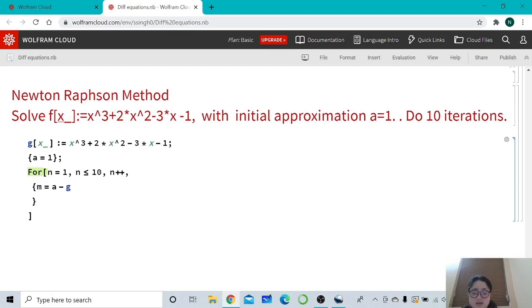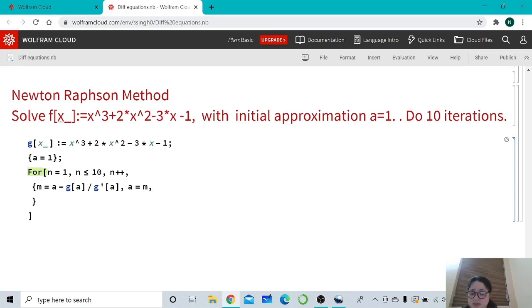Here the function is defined by g, so g at a slash g dash a, so comma, a equals m,